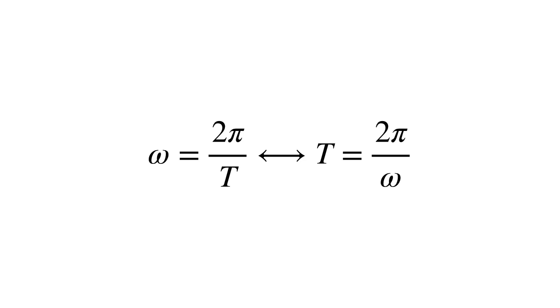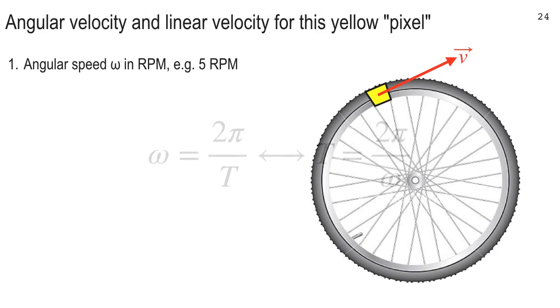All right, now we're going to get back to that bicycle wheel. Now we've got everything in place for doing the bicycle wheel. So let's keep going. Let's say that we have a bicycle wheel that's going at 5 RPM. That's kind of pokey, actually. 5 times a minute. I don't even think that's walking speed, but let's just say, for the sake of a nice round number, 5